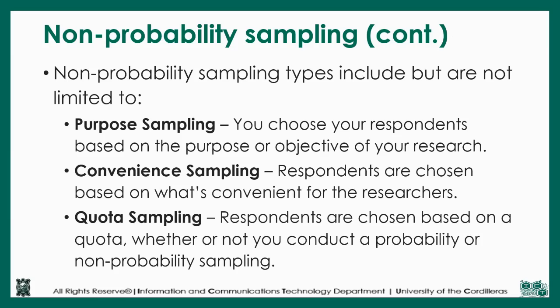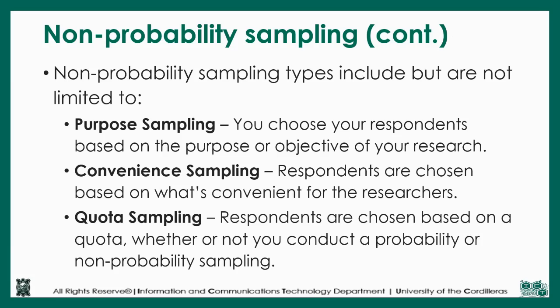Convenience sampling, on the other hand, is a process where respondents are chosen based on what's convenient for the researchers. So in this case, this is whatever makes it easy for the researchers. Okay, all of you or most of you are senior high students in grade 12, let's say ICT animation, so you will probably choose to survey or gather data from people who are also from ICT animation. If you are from STEM, ABM, GAS, or HUMS, you might prefer to start with your own strands first because that is what is convenient,